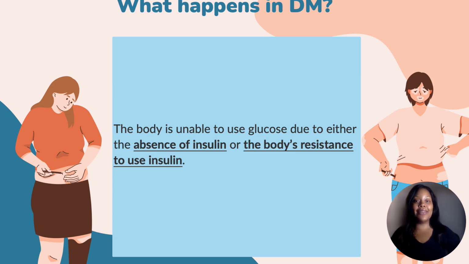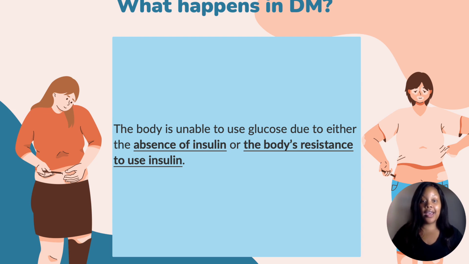So what is happening in diabetes, right? The body is unable to use glucose due to either the absence of insulin. Because what is the job of insulin? The job of insulin is to take that sugar that is in your blood and push it into the cells. Why do you need it in your cells? You need it in your cells for energy,